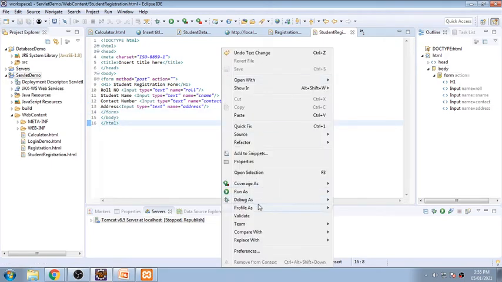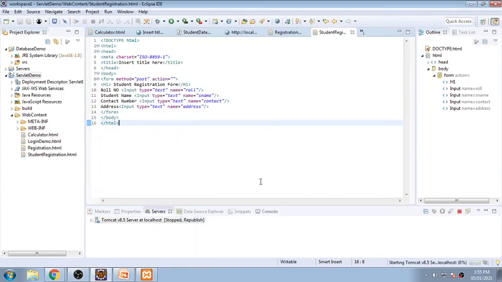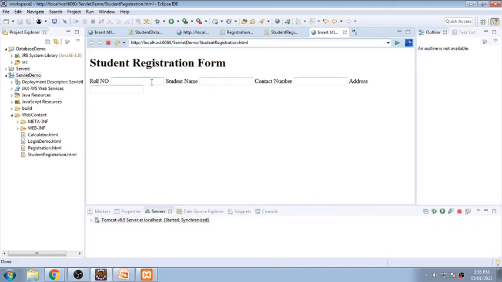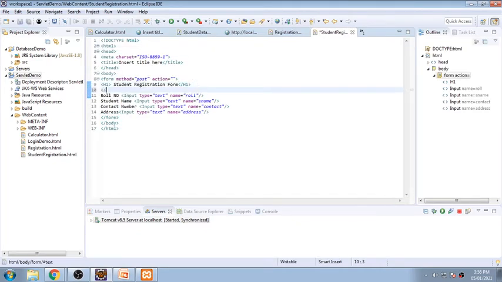Now when I run this program, you will not like that GUI, because it is very complicated, a text box and everything will be very close to one another. See, it will be like this. So what we'll do is that I'll be creating one table. So I'm going for designing immediately. So table border is equal to 1.